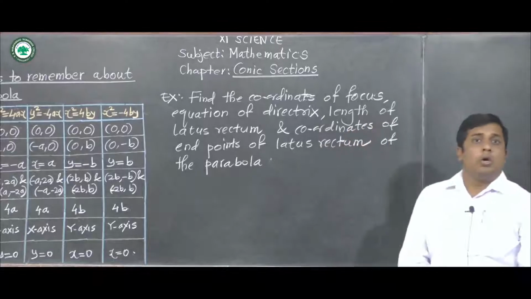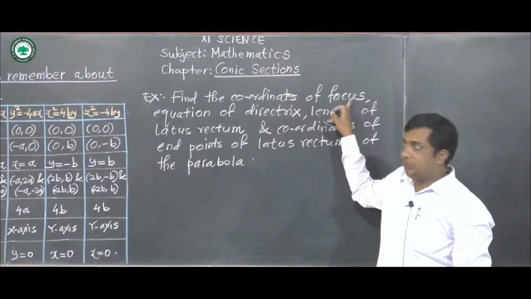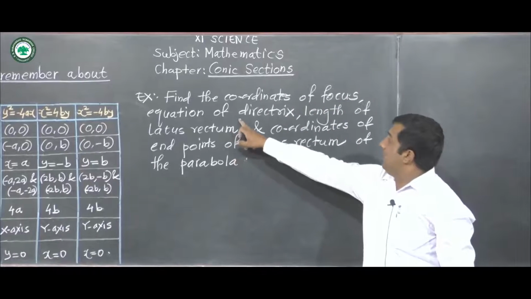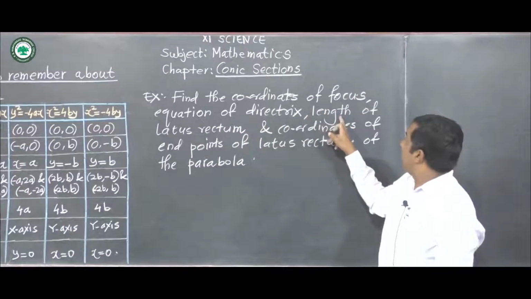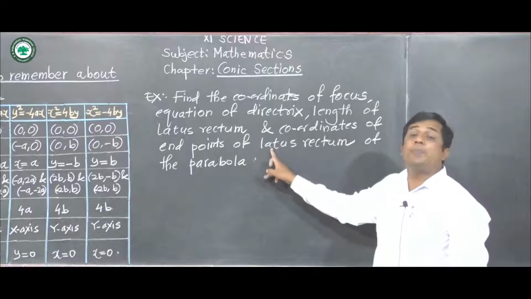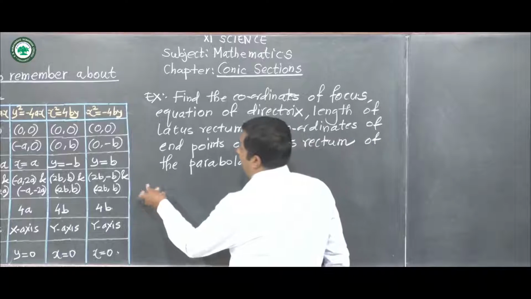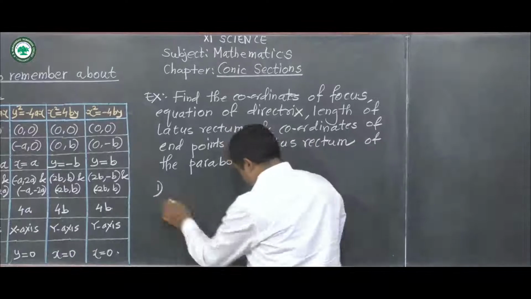Okay, so we have to find all those points: coordinates of the focus, then the equation of the directrix, next the length of the latus rectum, then coordinates of endpoints of the latus rectum of the parabola. Here in the first, given